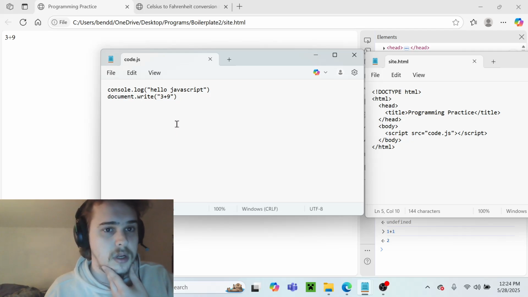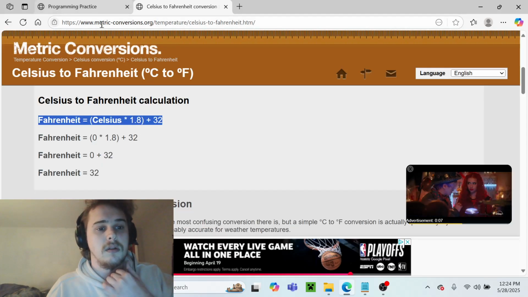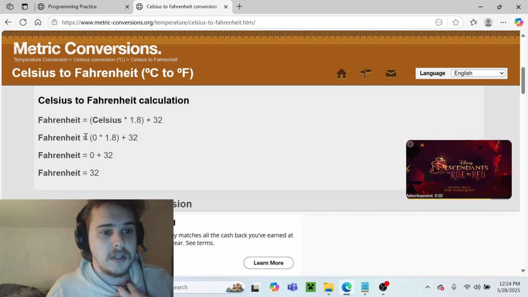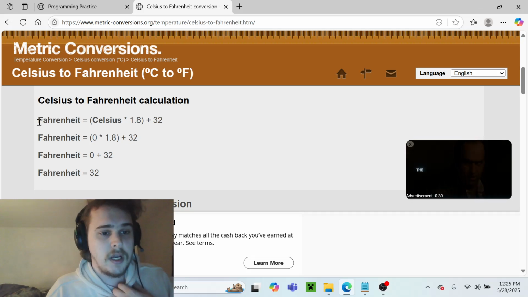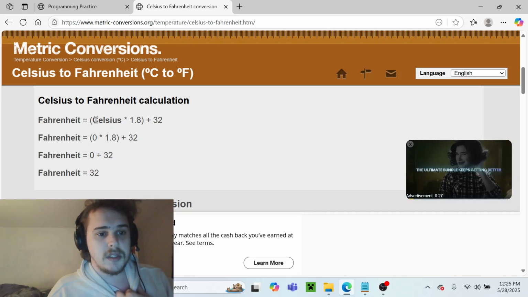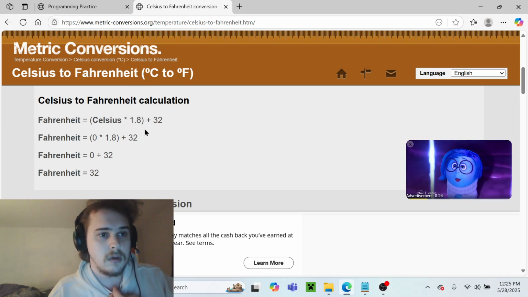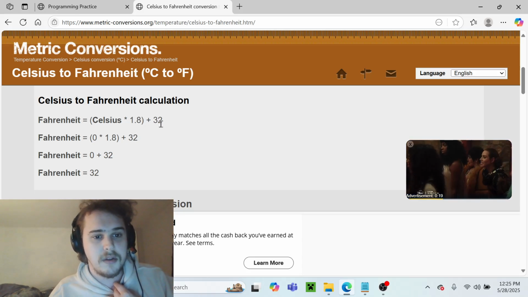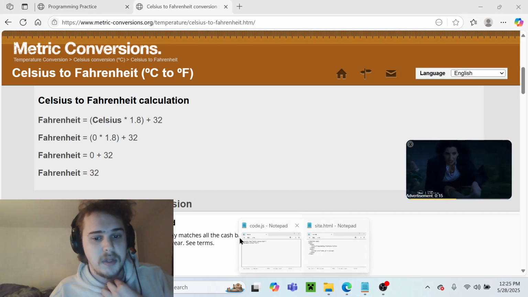So today we're gonna learn about Celsius to Fahrenheit, Fahrenheit to Celsius. Fahrenheit equals Celsius times 1.8 plus 32. So how we are going to put that in is